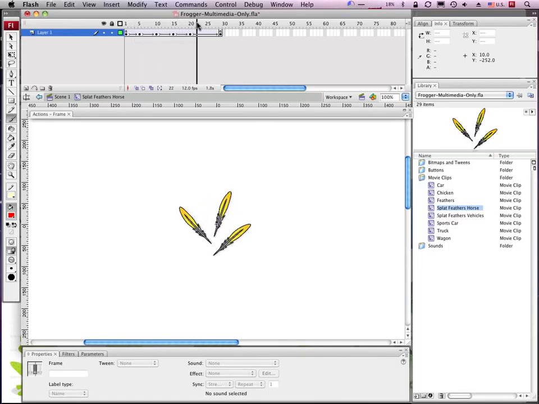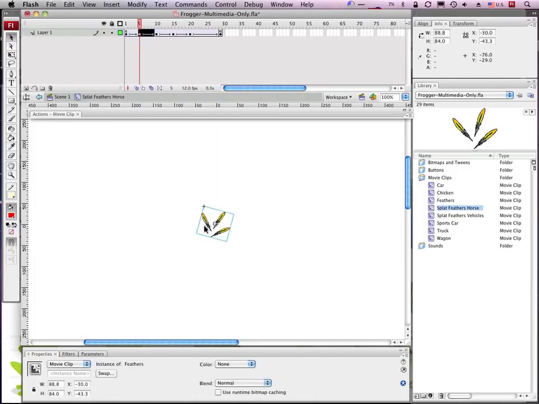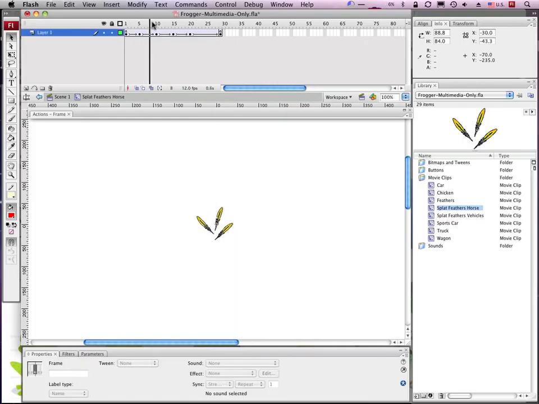tweens, but the only reason I'm able to have nice smooth tweens is that this is a movie clip. This is a movie clip called Feathers that I dragged into this movie clip called Splat Feathers Horse. So if I wanted to change anything about this, the first thing that's fundamental, whether you have nice smooth motion